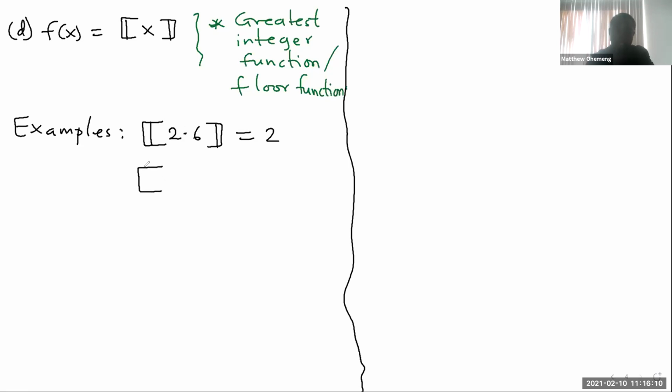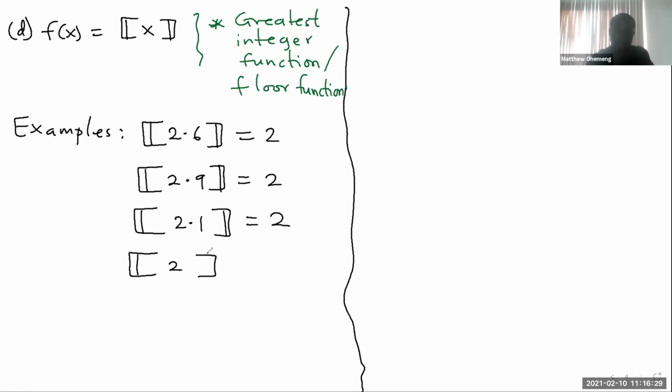The greatest integer for 2.7, right? So for 2.89 is going to be what? 2 still. The same thing for 2.1 is still going to be what? It's a floor function, so it's still 2, right? What about this one for 2? The greatest integer less than or equal to 2 is still 2,